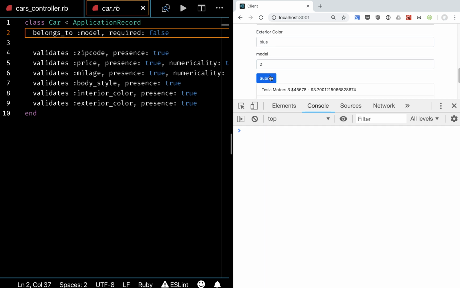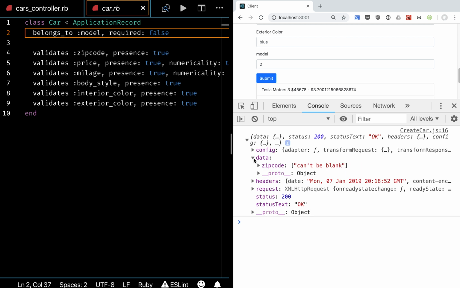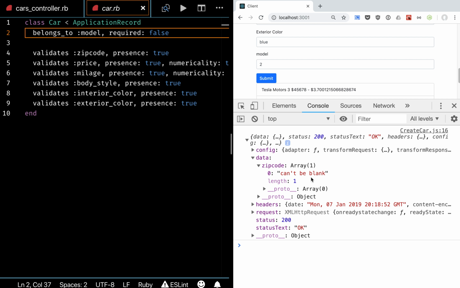Right? So what happens if we have an invalid car? Right, what we get back is zip code can't be blank. We get back an array. We get back an object with zip code as an array: can't be blank. So